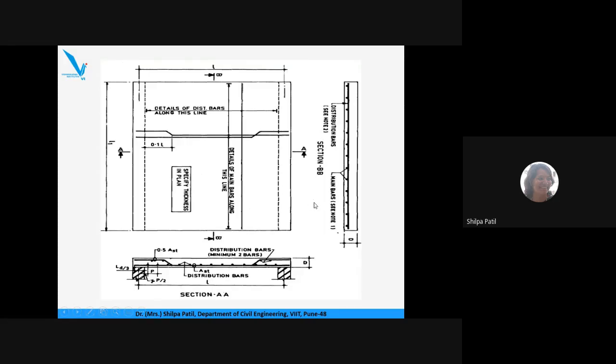In the exam also, when you complete the design of a one way slab, at the end of the design you are expected to draw the diagram. When you go to the site and start working as a site engineer, you will never get a file of the design. You will get this diagram. You should be able to read the diagram appropriately, and you have to place the steel reinforcement correctly at the required location based on these details.